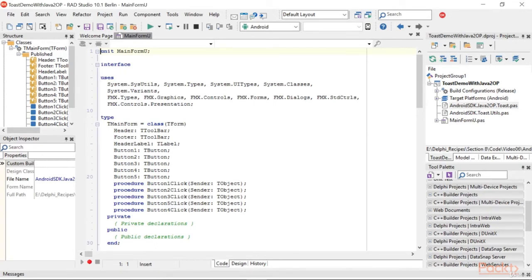Let's create the new unit and name it androidsdk.toast.utils.pas. As you can see, we are using simple conventions for unit names. If the unit has been generated by Java2OP, the name respects this format, while the unit that contains the handwritten code relative to the class utilization respects this format. However, any convention is good as far as it makes it simple to understand whether the file has been generated by